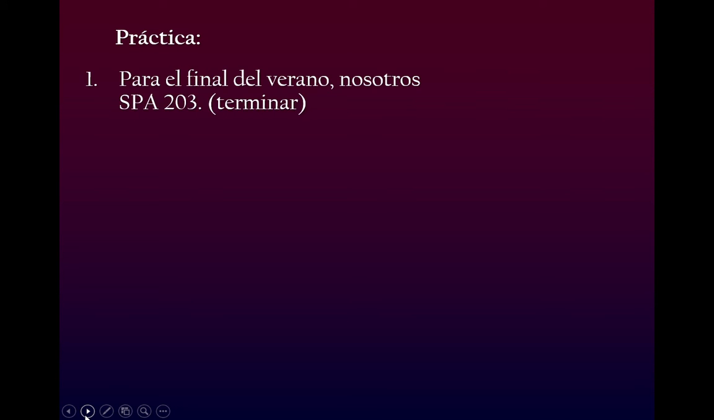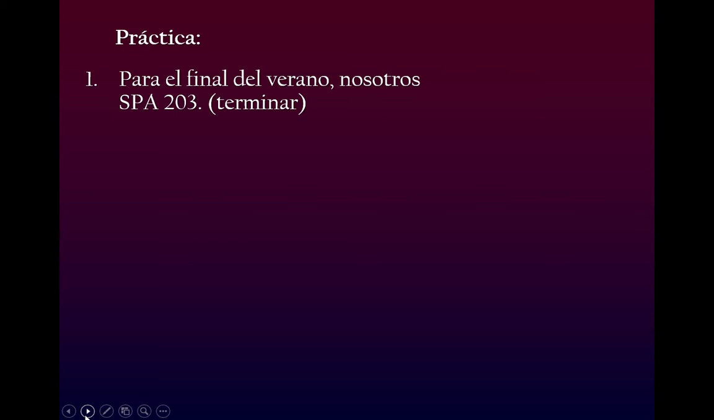Muy bien. Okay, let's do some práctica. I've got some sentences here like I've done in the past where I am going to leave out the verb form, but I will give you the verb in parentheses and then we'll work on getting the right form into the sentence. So the first one, para el final del verano, nosotros blank Spanish 203. And then we have the verb terminar, to finish. So what are we trying to say here? Well, para el final del verano means by the end of the summer,